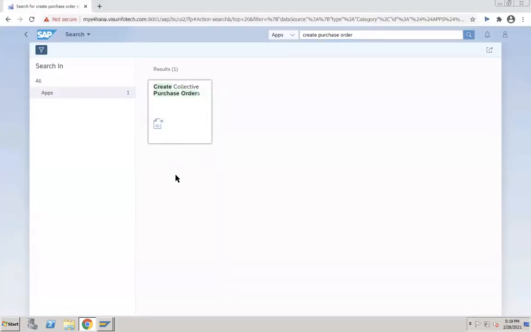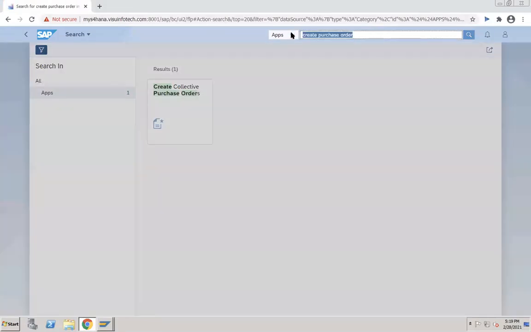Sambit, you type your message in the chat box. Okay, see, now you will see the screen. Here I have typed create purchase order, but I'm not able to see that app. Why? Because I have deleted that role. If you add that role, then only it will appear.